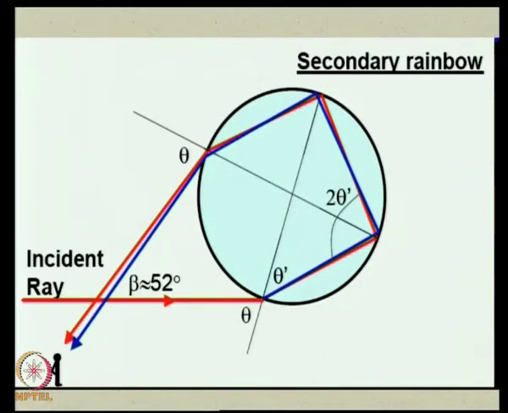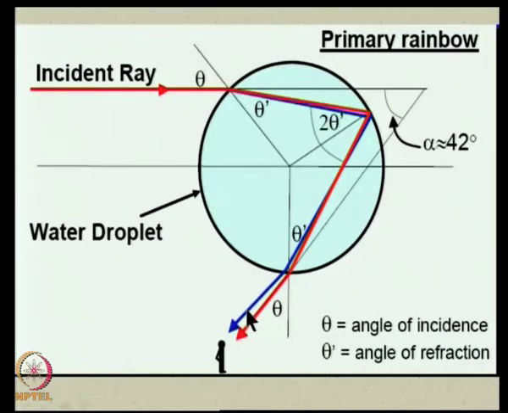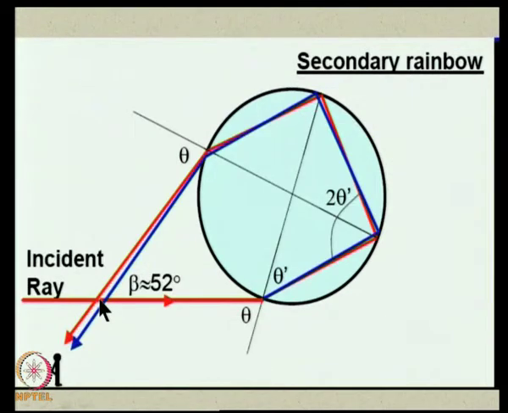Now, you saw the secondary rainbow in those pictures. What is the secondary rainbow due to? That is when the rays are incident and after refraction, instead of one reflection, they undergo two internal reflections, and come out at a different angle. And notice that in contrast to the primary rainbow, where the violet light appears below the red light, here in the second rainbow, the violet light comes above the red light. That is why the two rainbows are in inverted sequence.